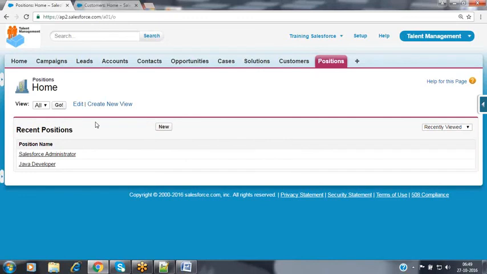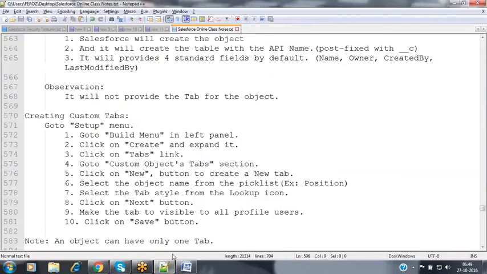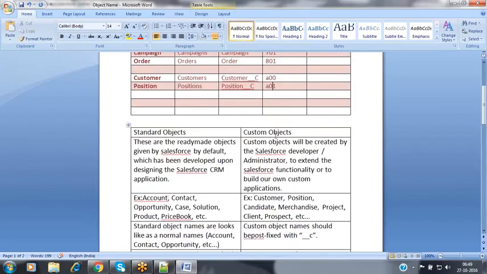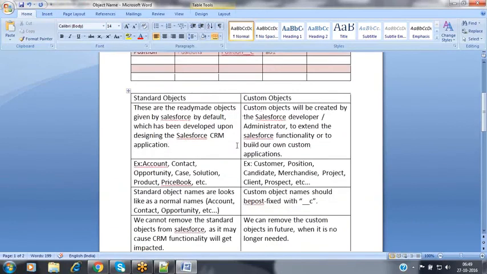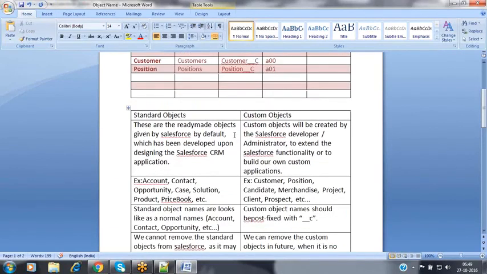So what exactly is a field, and what are the various types of fields available in Salesforce? What is a standard field? What is a custom field? What is the difference between a standard field and a custom field? Today we have discussed the differences between standard objects and custom objects. Now in tomorrow's session, we are going to discuss the fields information. Field means a column inside the table. Object means a table, and the field means a column inside the table.